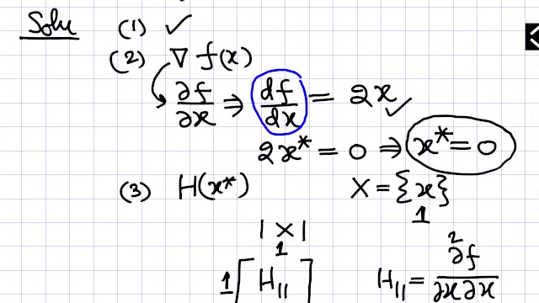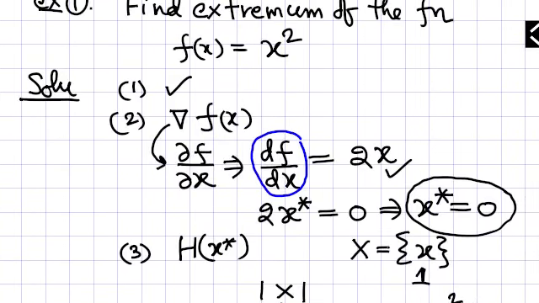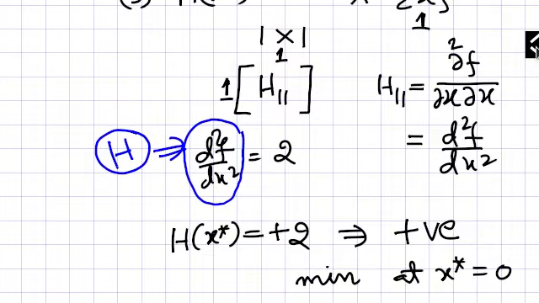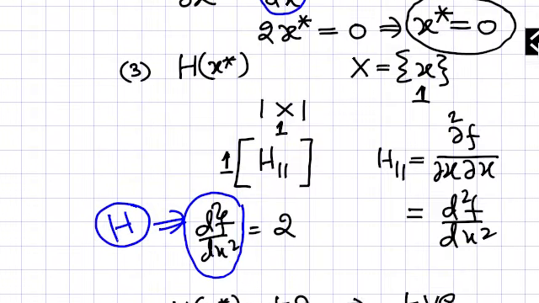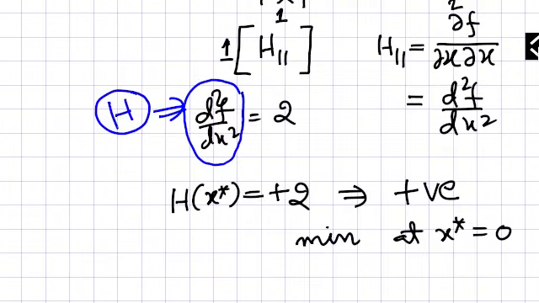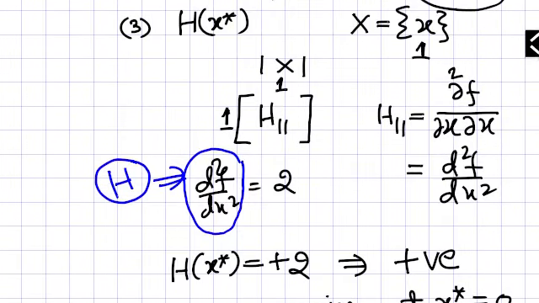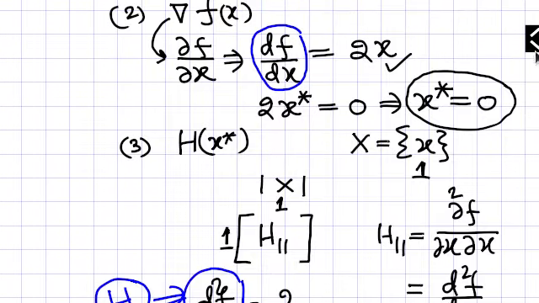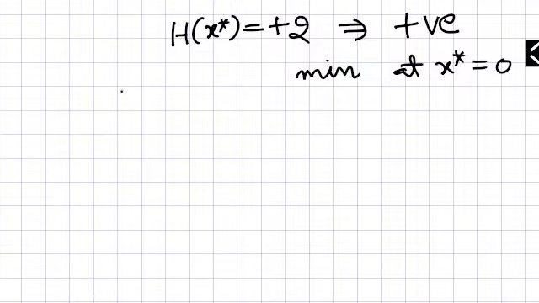So it is just a very simple example, but you see what different language we are dealing with the problem. In our elementary classes we did the same problem, but here we are doing it in a different mathematical way. So it's very necessary to become aware of this new language in terms of Hessian matrix. Now we will do some other example 2, so that the need of Hessian matrix is clear to you.